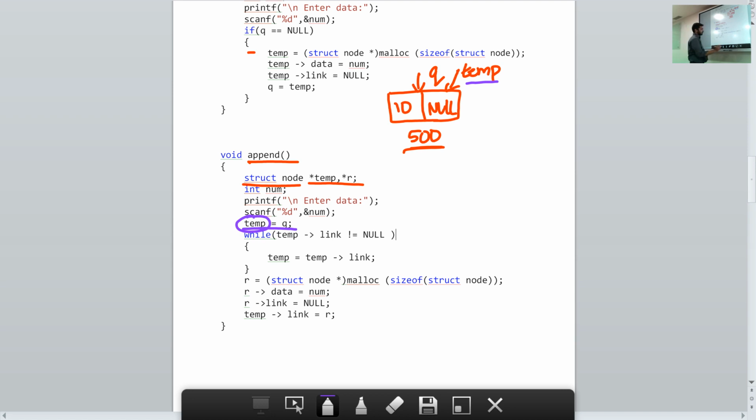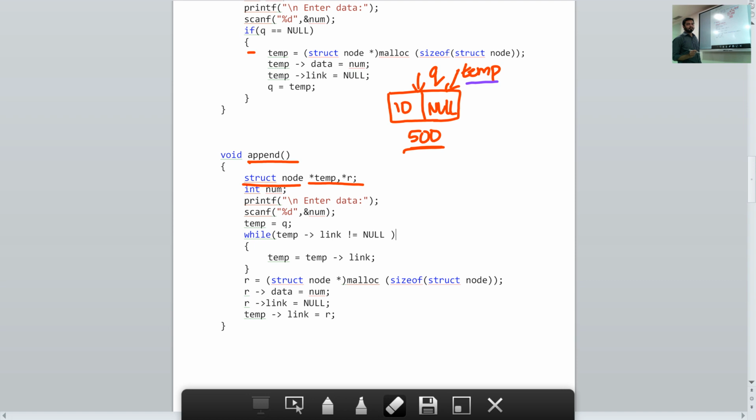Now since we are going to add a new node at the end of a linked list, we want to shift temp to the last node in our linked list. We want to check whether temp is present at the last node. We know that the last node in a single linked list has the link part value as null.